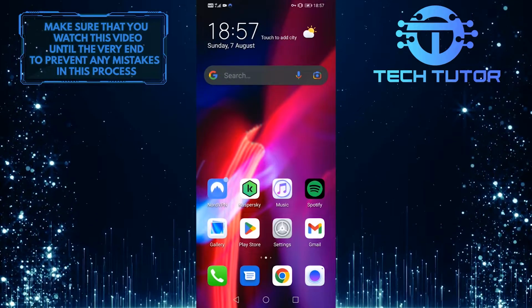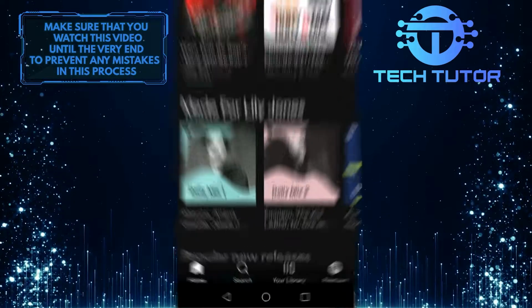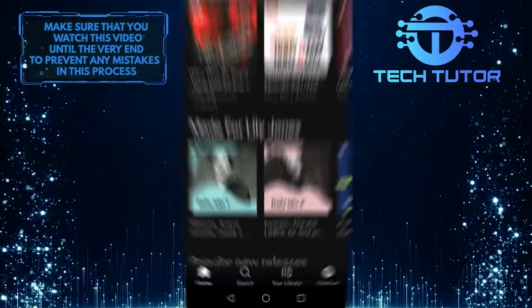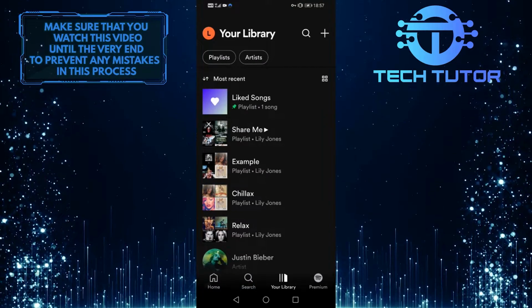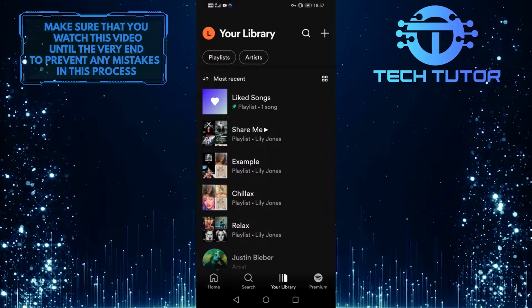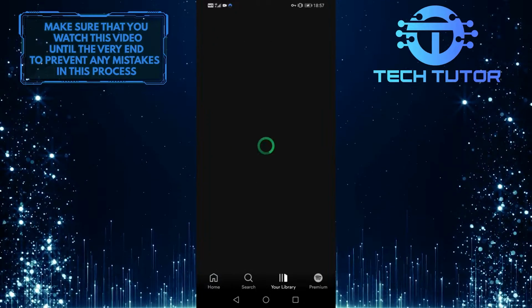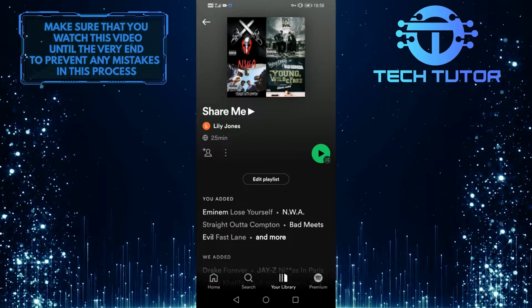To get started, first open up your Spotify application and then tap on your library. It will show you all of the playlists that you have created on Spotify. So go ahead and select any playlist that you want to share with someone. Once you are on this screen, tap on these three dots on the left side of the screen,